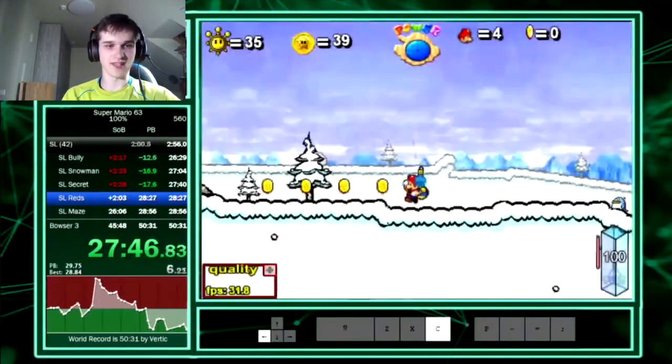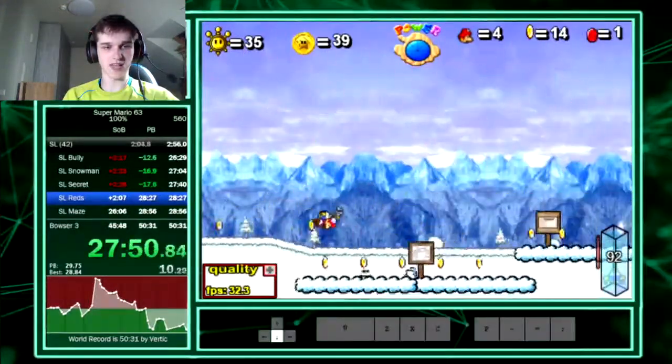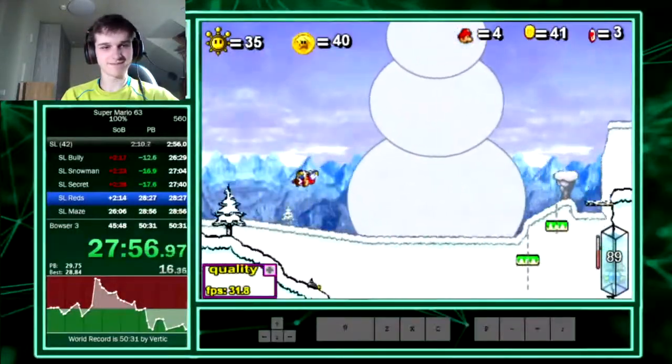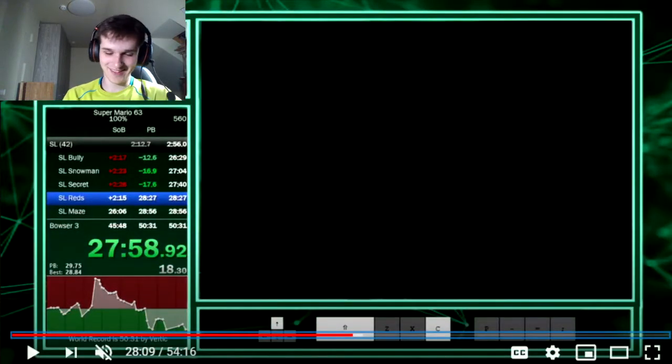Now we have Snowman's Line reds. Once again, collecting the wing cap is optimal. Since we didn't collect the star coin earlier, here we have to hover into it. Yeah, new high score. Every single time that you miss exit level, it has to be a new high score in coins. For those who don't know,